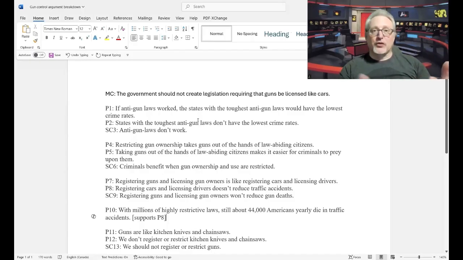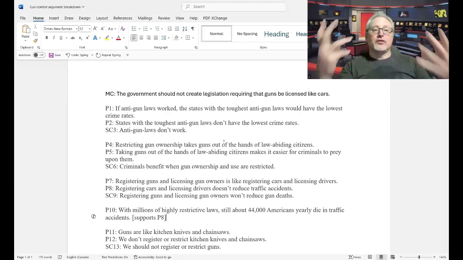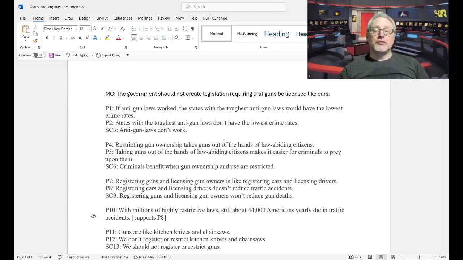Because that's what the whole thing is about, right? It's all in service of the main conclusion. It's all supposed to be flowing there. If something that we came up with here as a subordinate conclusion doesn't support the main conclusion, well, maybe we misunderstood the author's intent, or maybe if it doesn't lead us to the main conclusion, maybe it wasn't part of the argument. Not every statement has to be part of the argument.